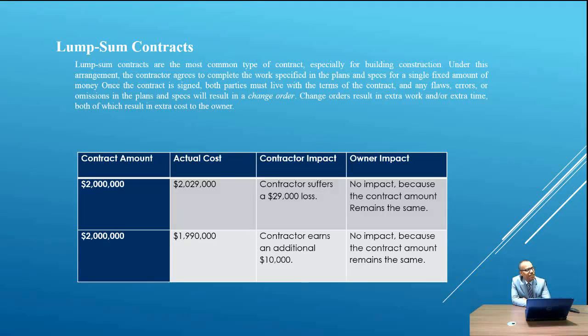The table explains an example of the lump sum contract. If the contract amount equals $2 million and actual costs are $2,099,000, the contractor suffers a $29 loss. يعني ها شنو معناتها؟ معناتها المقاول يتحمل الريسك بالكامل، والأونر المالك no impact because the contract amount remains the